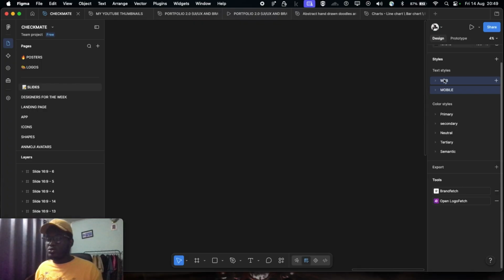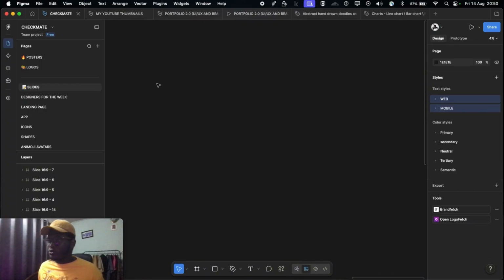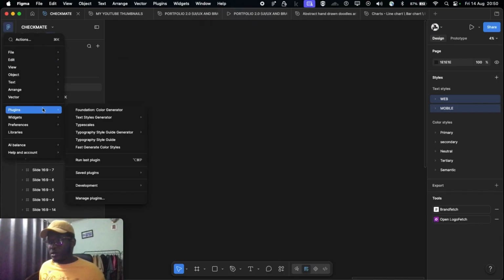So this helps you to stay on track when you're designing, and it also helps the people working with you to best understand how you came up with those things, and they can also follow as well, right? So let's start from the first thing, which is I'm going to use a plugin on Figma